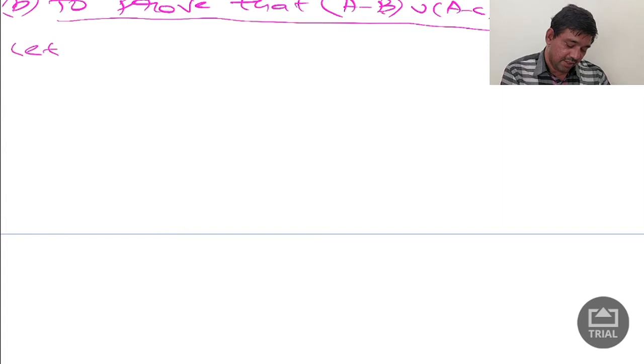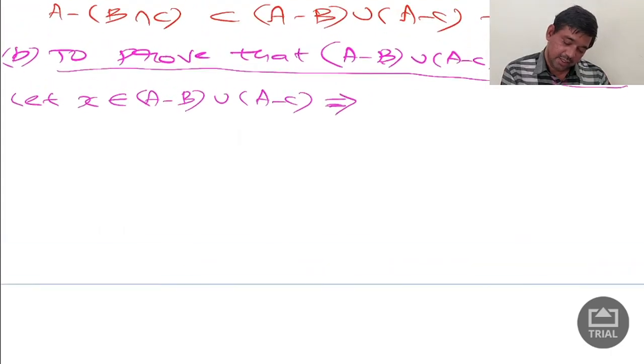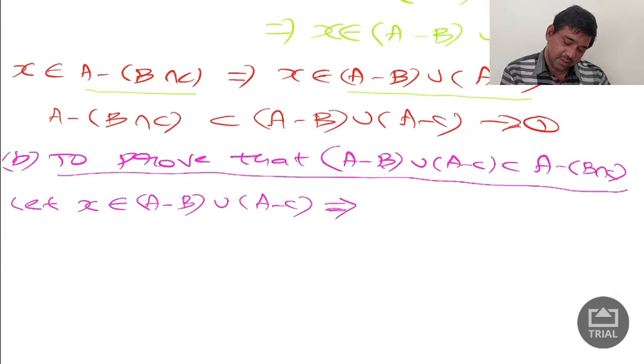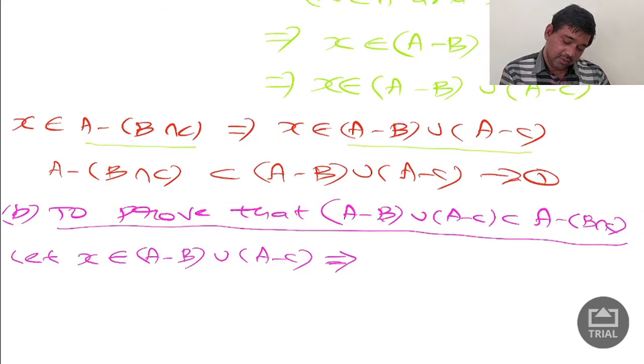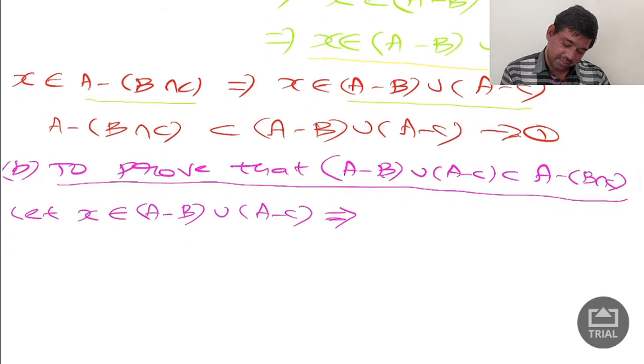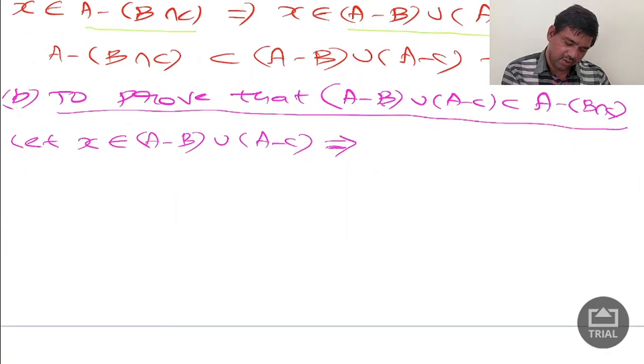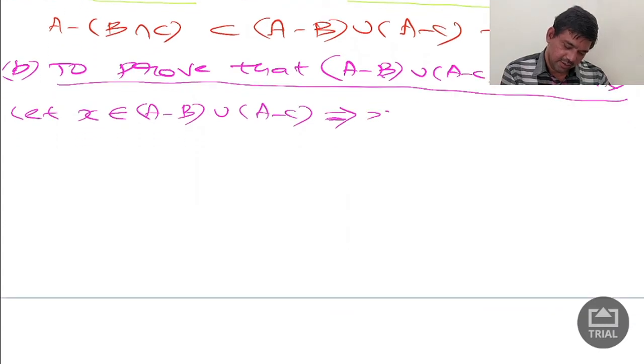So first of all I am starting with: let x belongs to a minus b union a minus c. This implies, guys, this is what you know. See, this what I written is here. Now there too you write backwards all steps. Otherwise from this also you can follow. If you know it nicely you can follow, no problem guys.